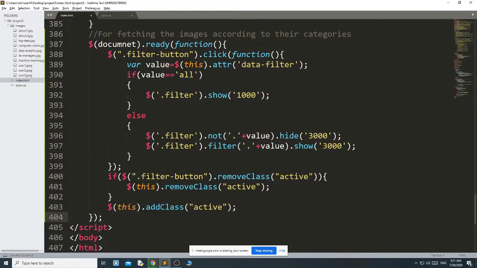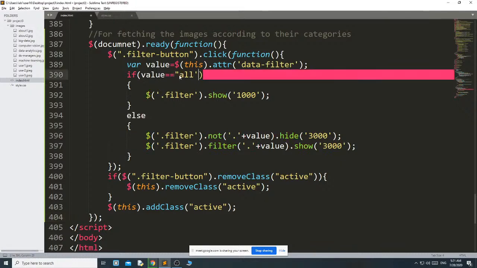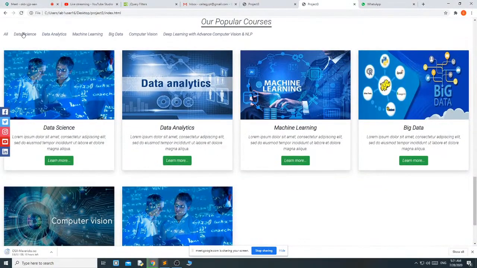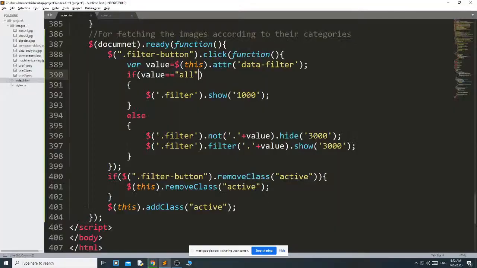If the value equals all, then dollar filter dot show, else dollar filter dot not plus value hide, dollar filter dot filter plus value dot show.